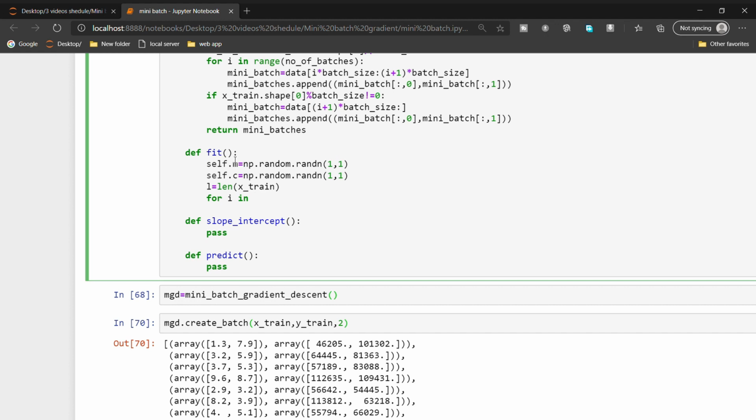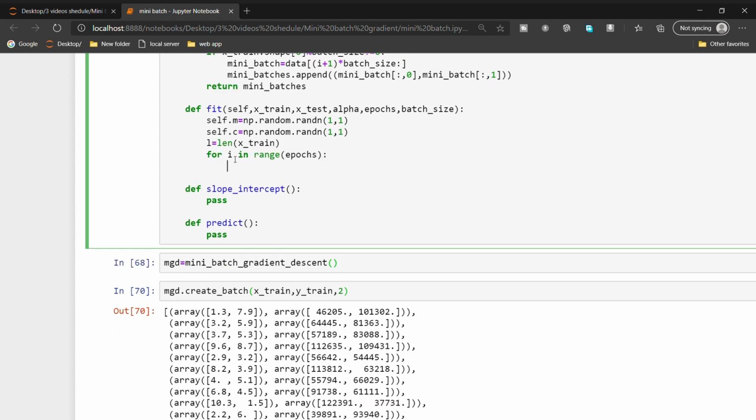Sorry, one thing, we need to pass some arguments, right? So self comma x train comma x test comma alpha comma epochs comma batch size. Here we are taking the batch size in the fit function. For i in range epochs.